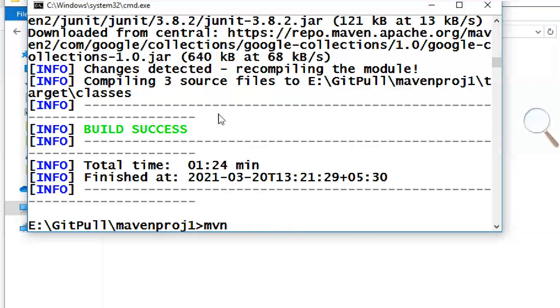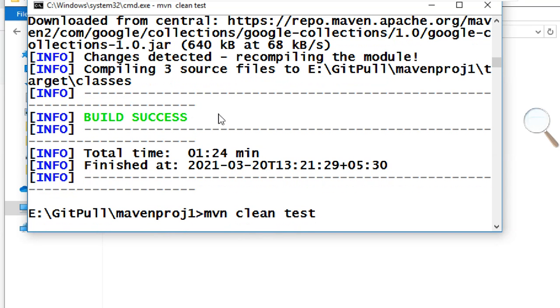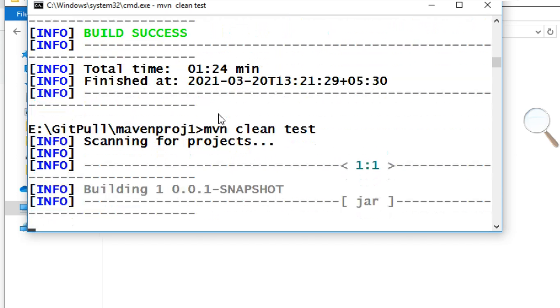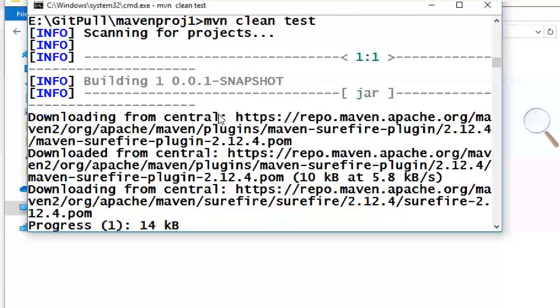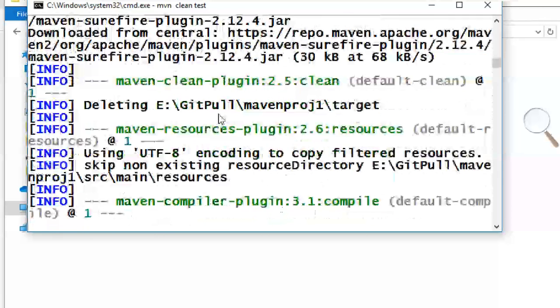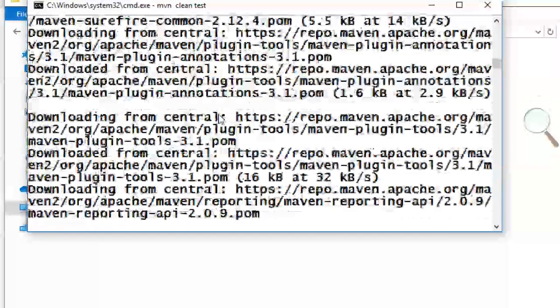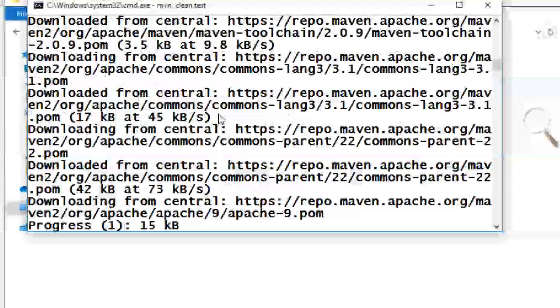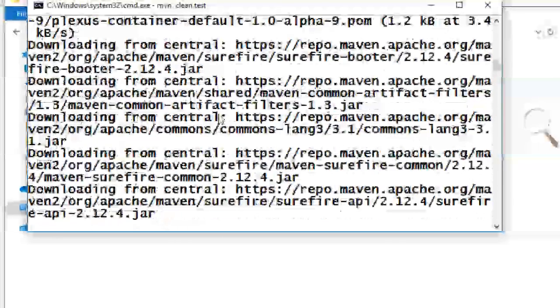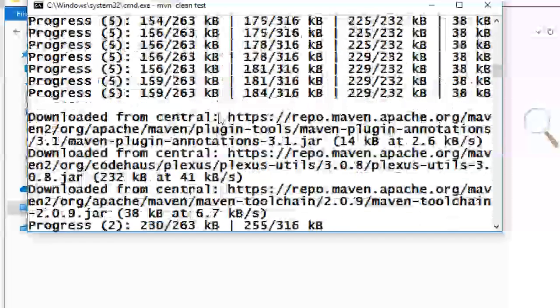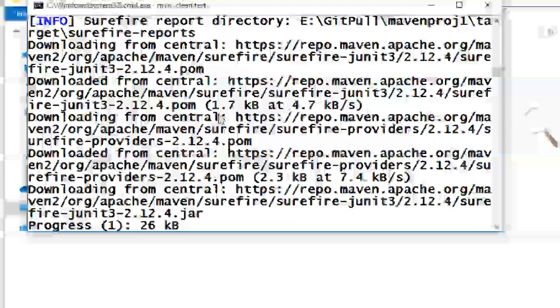Next one is compile, test. You can do it, or otherwise clean and test. You can do it because when you compile, it loads a lot of dependencies, repositories, all these things, so we'll clean that stuff. Guys, you don't need to understand Maven completely. Just think about what Maven is, and if you do it two or three times, and create simple Java projects, a simple Java Maven project, or you can create a simple Maven project. So then it is...